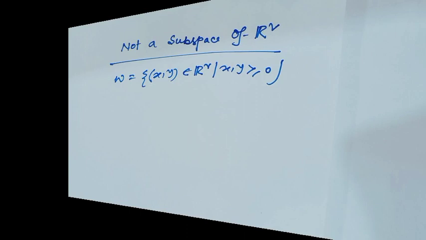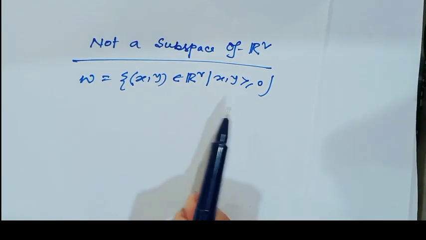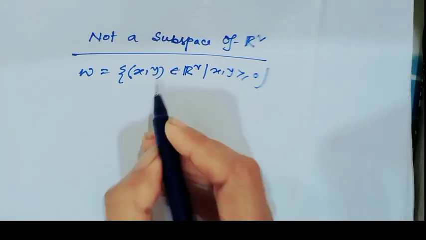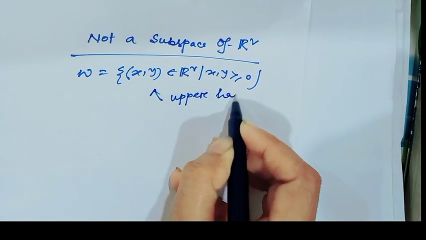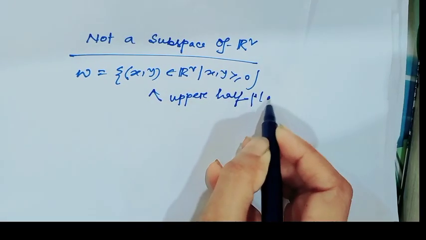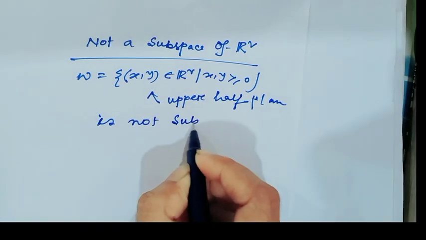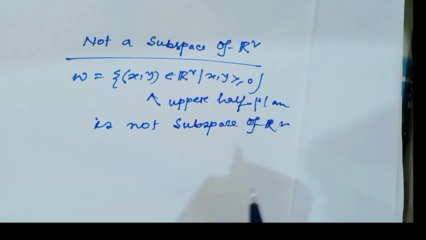Okay. Now consider the set in R2, W equal to (x, y) belonging to R2 such that y is greater than or equal to 0. Obviously this is the upper half plane, but this plane is not a subspace of R2. Why is this not a subspace of R2? Because